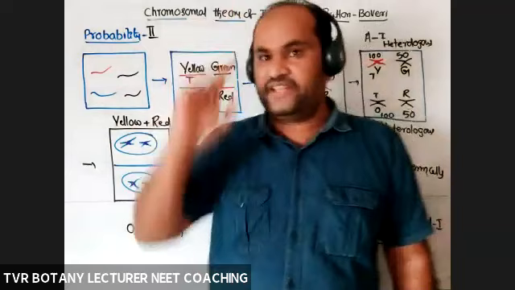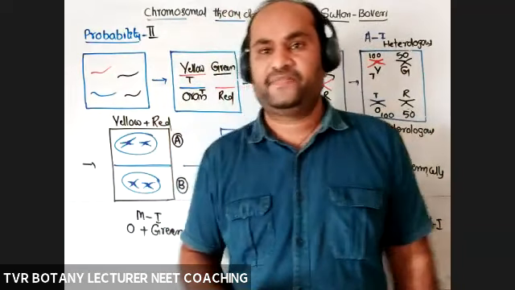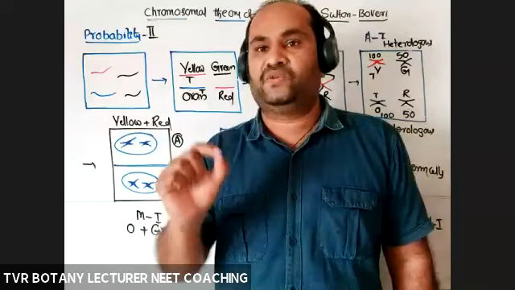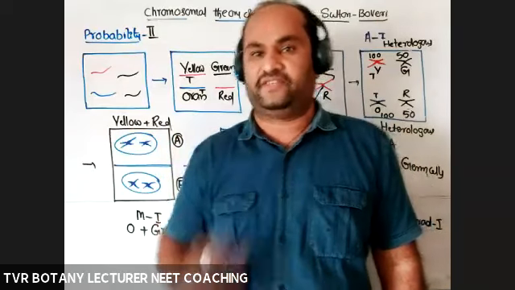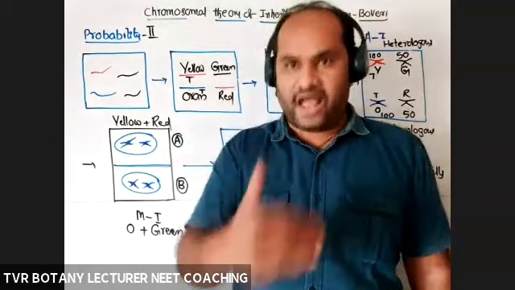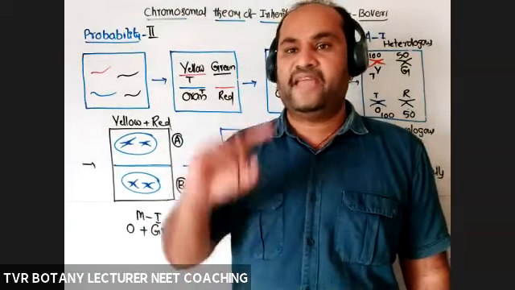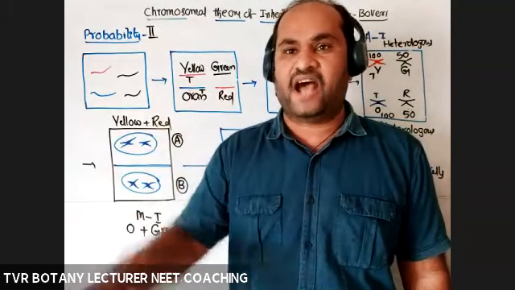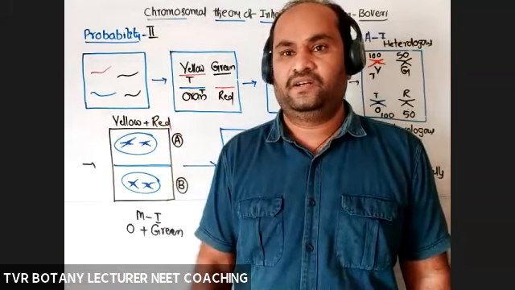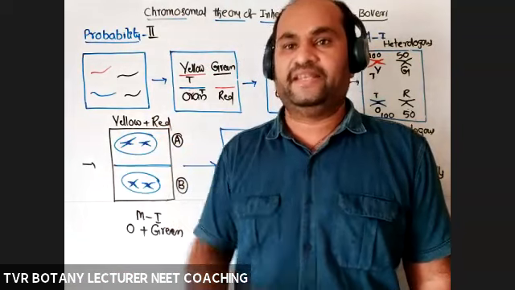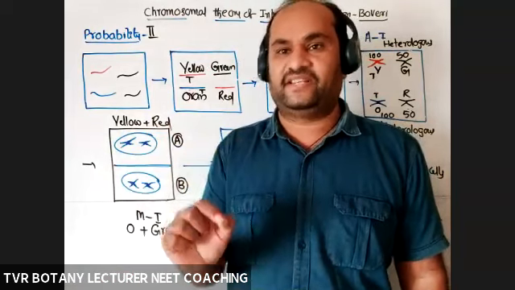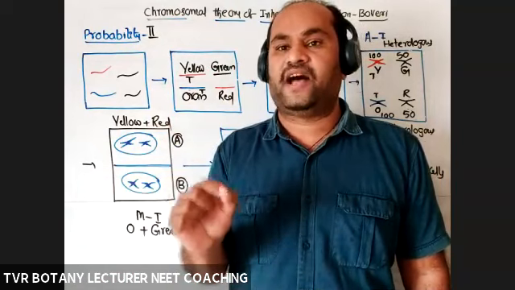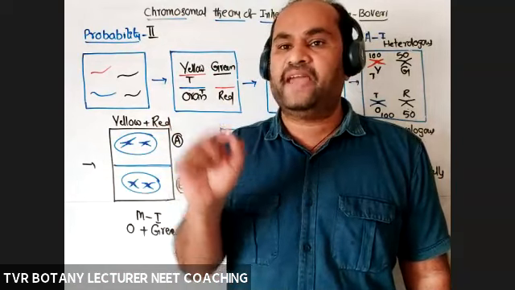Now go back to the statement given by Sutton and Boveri: the behavior of chromosomes is parallel to the behavior of genes. Last statement: pairing of homologous chromosomes, segregation or disjunction of homologous chromosomes, leads to segregation or separation of a pair of factors of a gene carried by the concerned